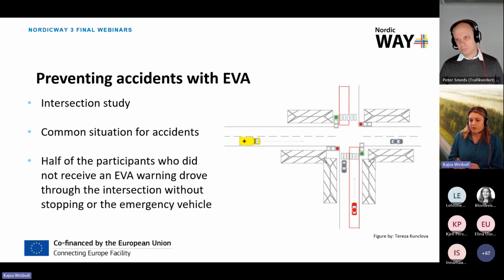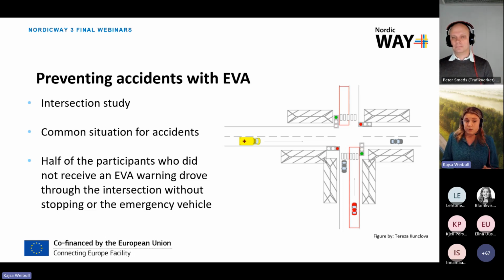But saving time is not the only thing here. As I mentioned in the beginning, we also have these accidents with emergency vehicles. And one common scenario for these accidents is the intersections. If you listened yesterday, we had a presentation about traffic signal priority, and that is also a very important C-ITS service in this instance. But we also have, of course, the cases with the unsignalized intersections, and that's where EVA is very handy. But anyway, intersection is a very common scenario for these kinds of accidents.